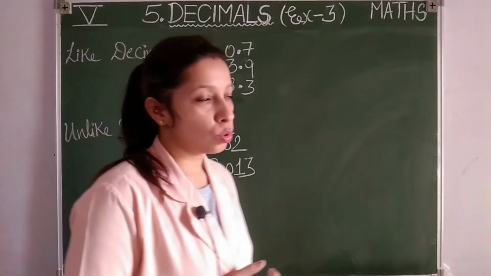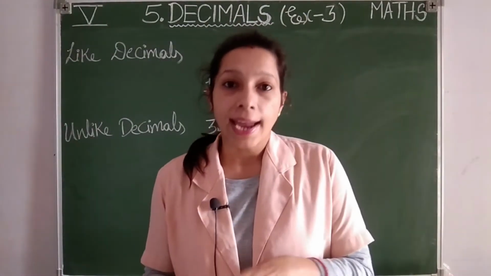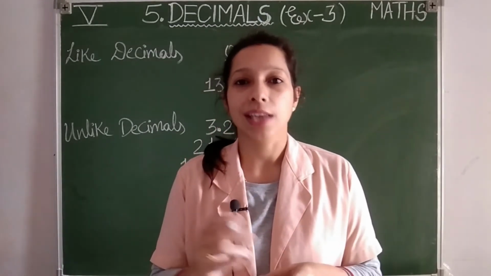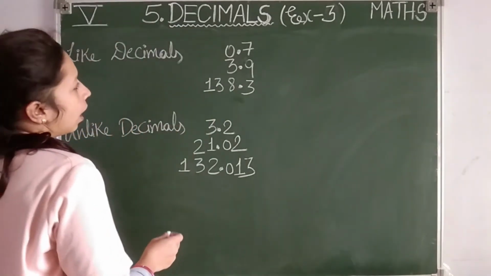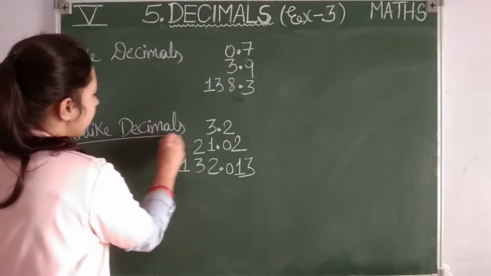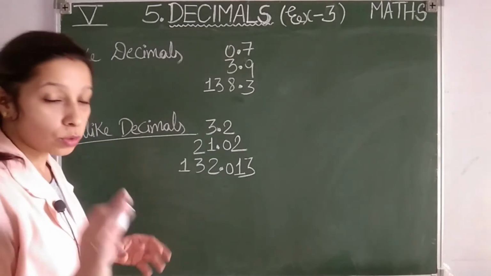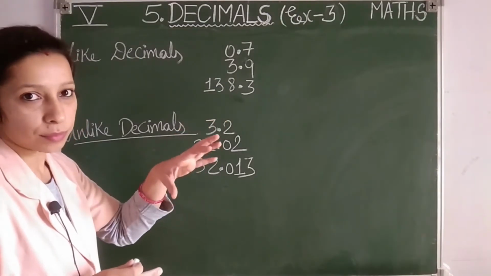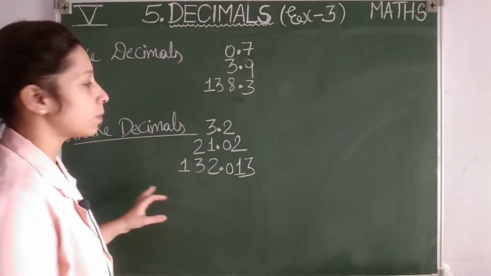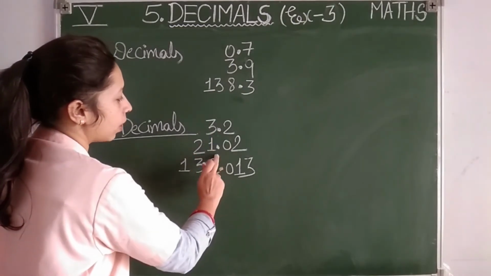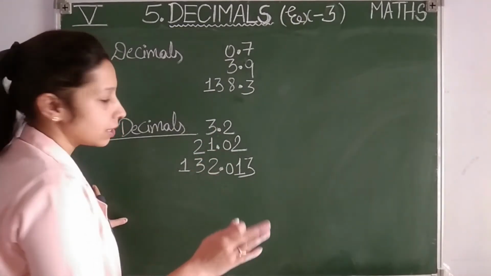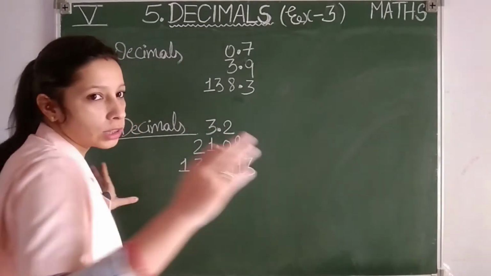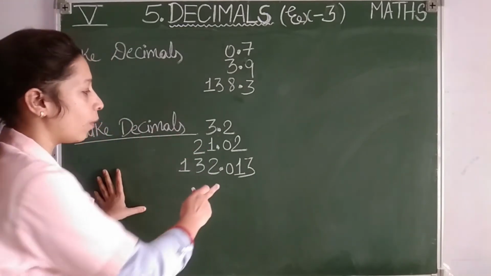Students, you will be asked to convert unlike decimals to like decimals. The decimals which are not the same, you have to convert into like decimals. How to do it? Let us see. Suppose I want to convert these unlike decimals into like decimals. So for like decimals, what is the requirement? After the decimal, the digits are the same, the places are the same. See here the greatest place, students: after the point tenths, hundredths, thousandths. The greatest place here is thousandths. So all the numbers which are not up to thousandths, you are going to make equal to thousandths.